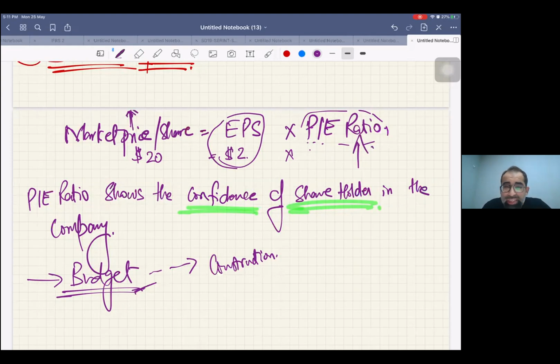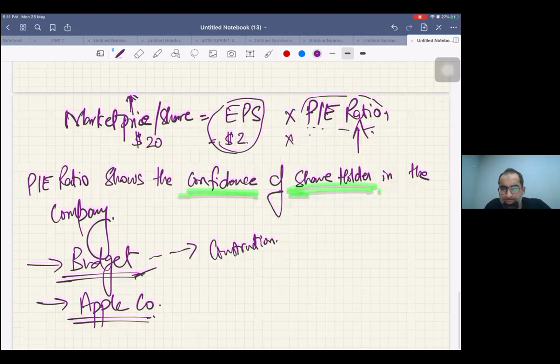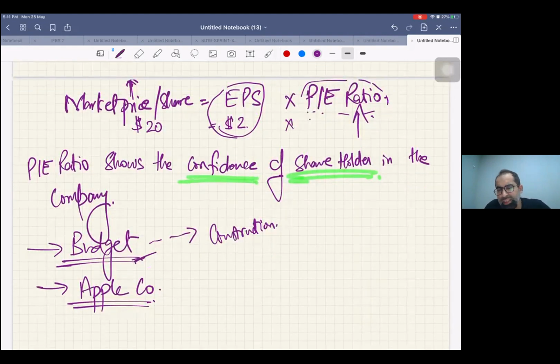So the P ratio ultimately hits your share price. Okay. Second example, Apple company. There was a time when I used to follow Apple company shares, but now I don't follow that much. But in the past, I used to follow. So one day, what happened? The share price was $490